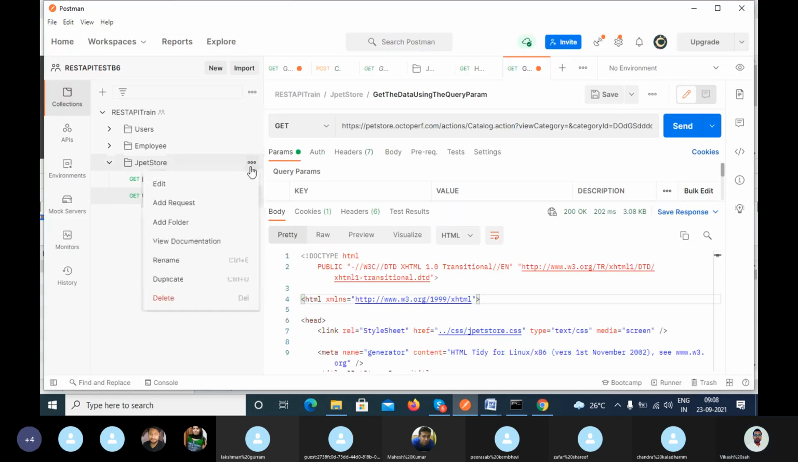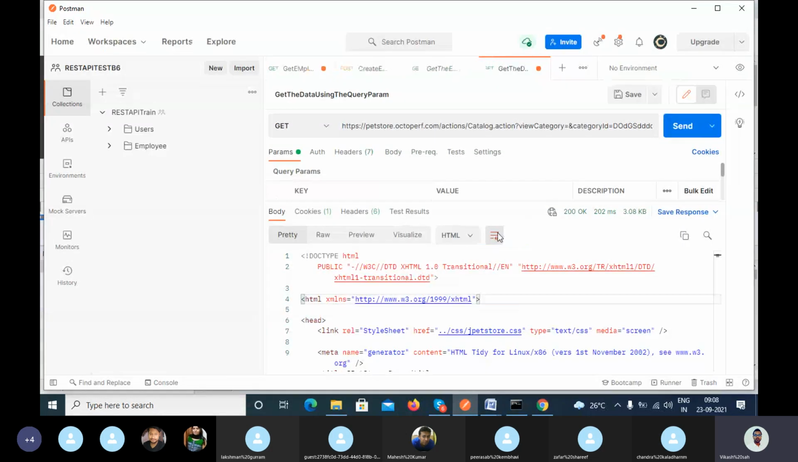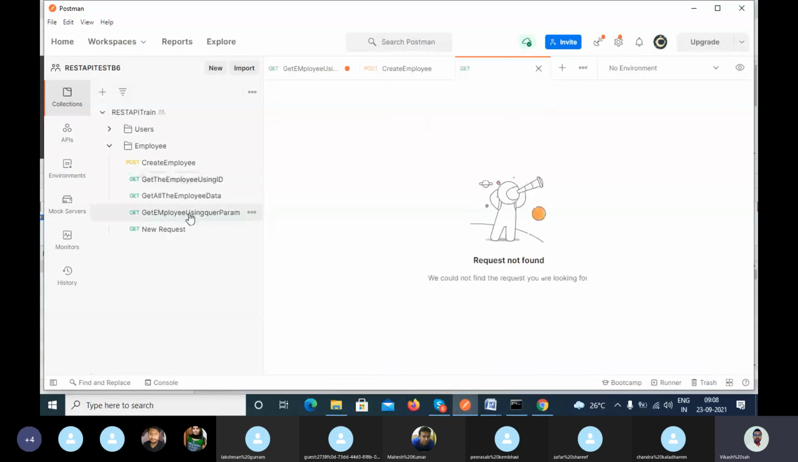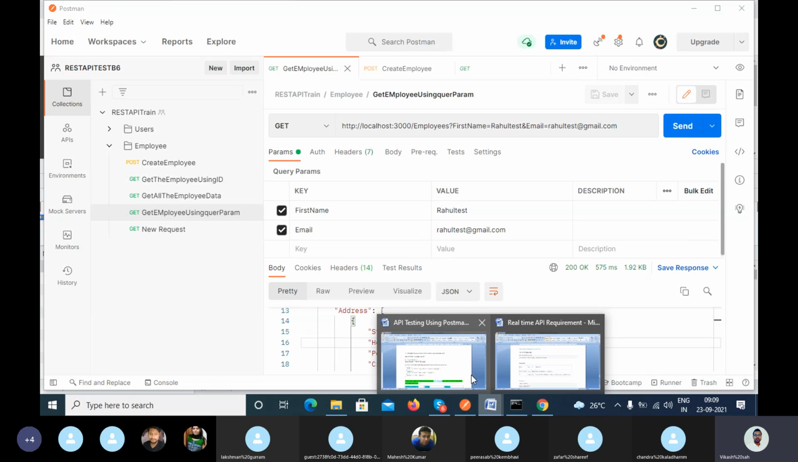Okay, now let me delete this folder. So we have used the query param. Now I have saved this particular request as well. Now the other requirement is